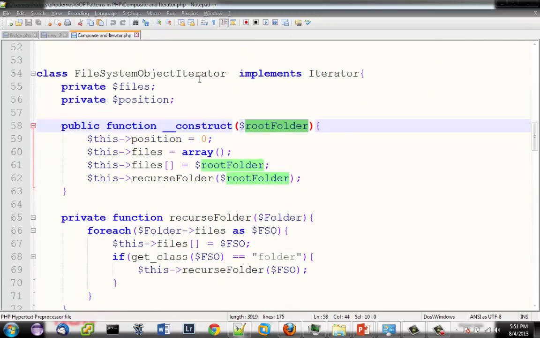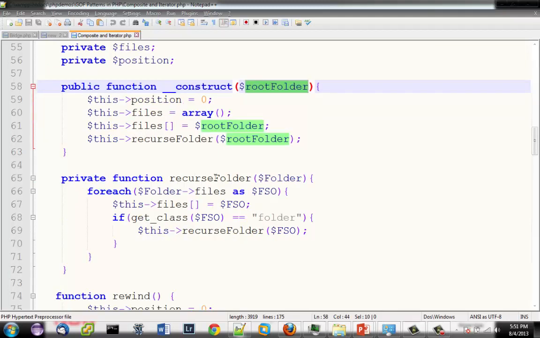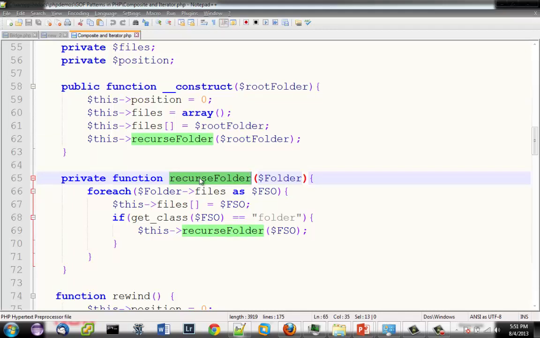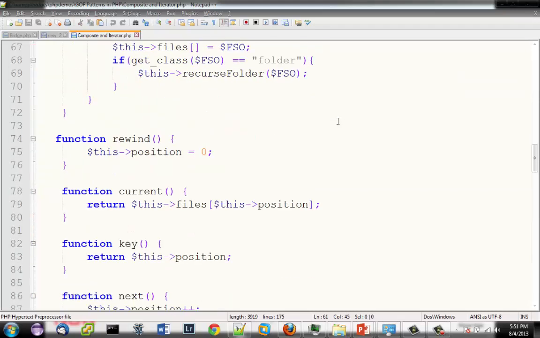This iterator just has two private variables, files and position. In this private function, I'm recursively calling it to build a linear representation of the file structure. I'm taking the folder that's passed in and building a linear representation of it, rather than having all of those files in all their subfolders. I'm essentially creating a stack of those folders in the order in which they came in the folder, and putting those on top of this files array, so when I actually iterate over it, iteration is rather simple.